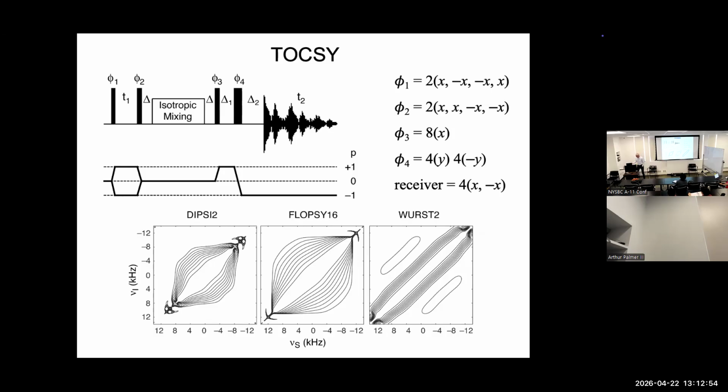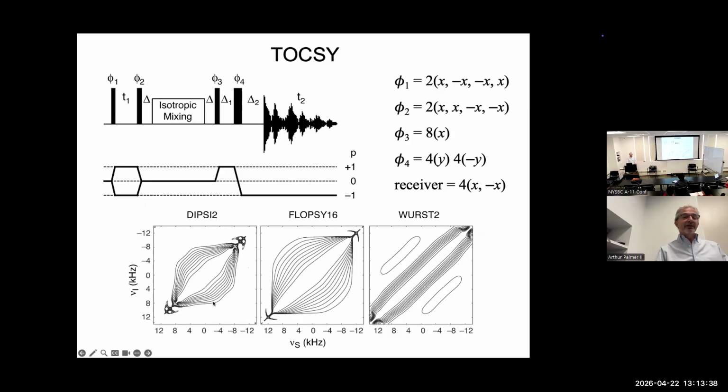sequences start with, as always, a t1 labeling period to record the frequencies. And then there's the so-called isotropic mixing sequences. And these were designed originally by adapting sequences that were used for decoupling, and then eventually using computer designed sequences designed specifically to do TOCSY transfer. So three that were specifically designed are shown here: DIPSI-2, FLOPSY-16, and WURST-2, in which what are shown are